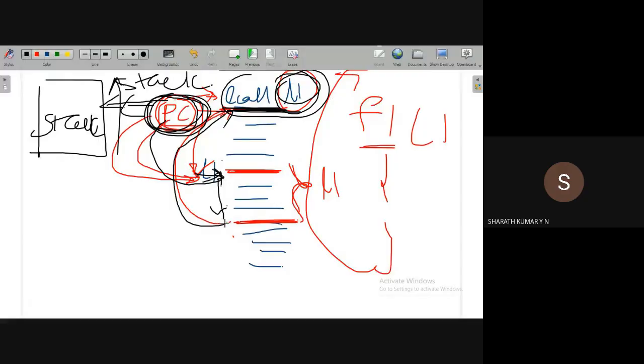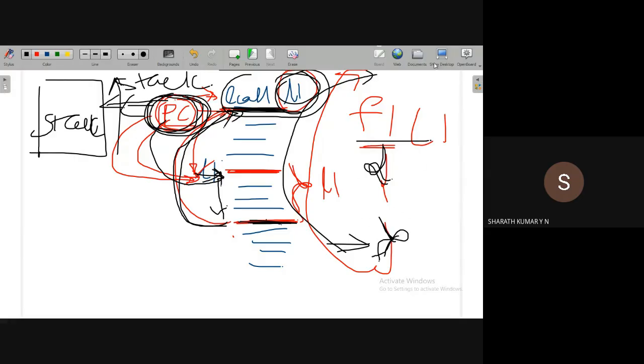Somebody should tell the compiler that the subroutine execution is over, you should go back to the main program. How to achieve this? Because in C language, what happens? Any function in C language always starts with an open curly bracket and ends with a close curly bracket. Open curly bracket refers to the start of the function. Close curly bracket refers to the end of the function. So in the C language, whenever the compiler comes across the closing curly bracket, it understands that the function execution is over. It will jump to the main program.